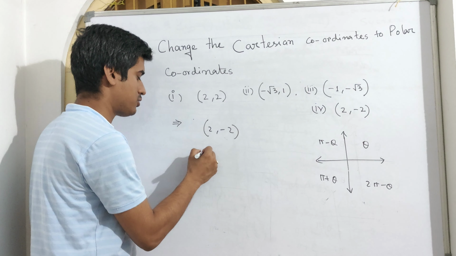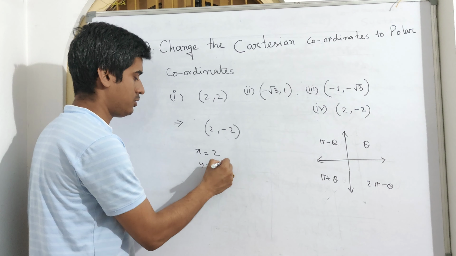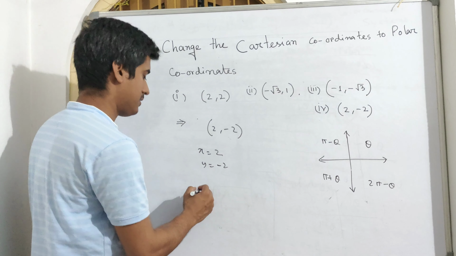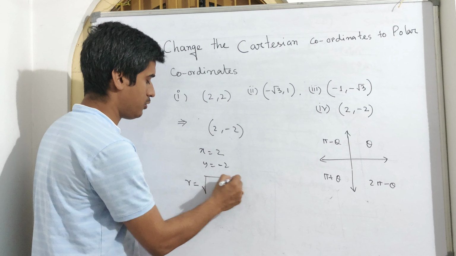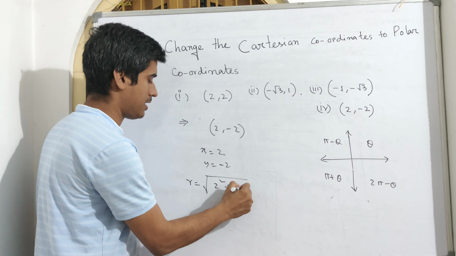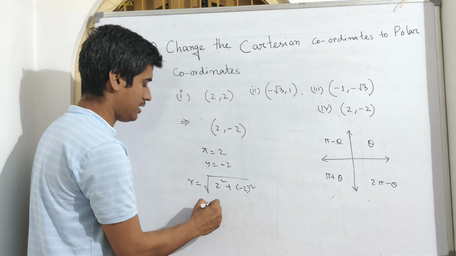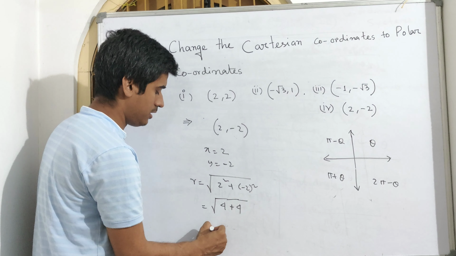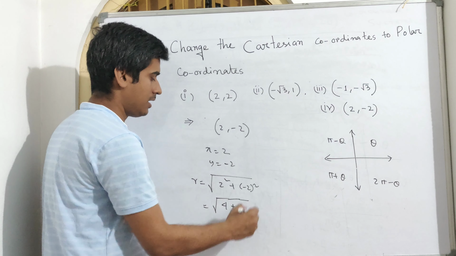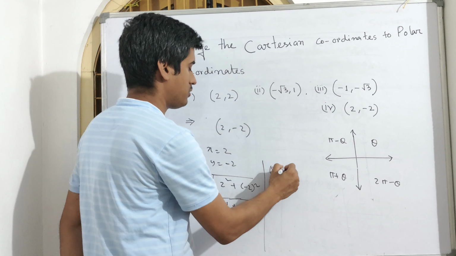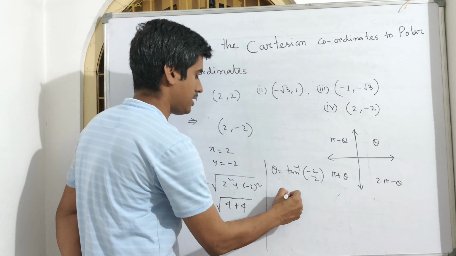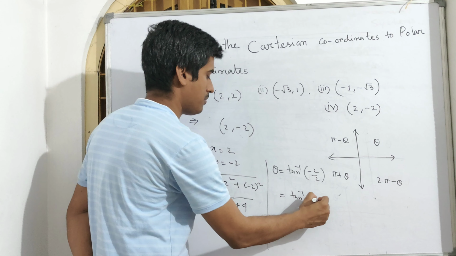So here x equals 2, y equals minus 2. At first we have to calculate r. r equals root over 2 square plus minus 2 square, that is root over 4 plus 4, that is 2 root 2. And here theta equals tan inverse minus 2 by 2, that is tan inverse minus 1,